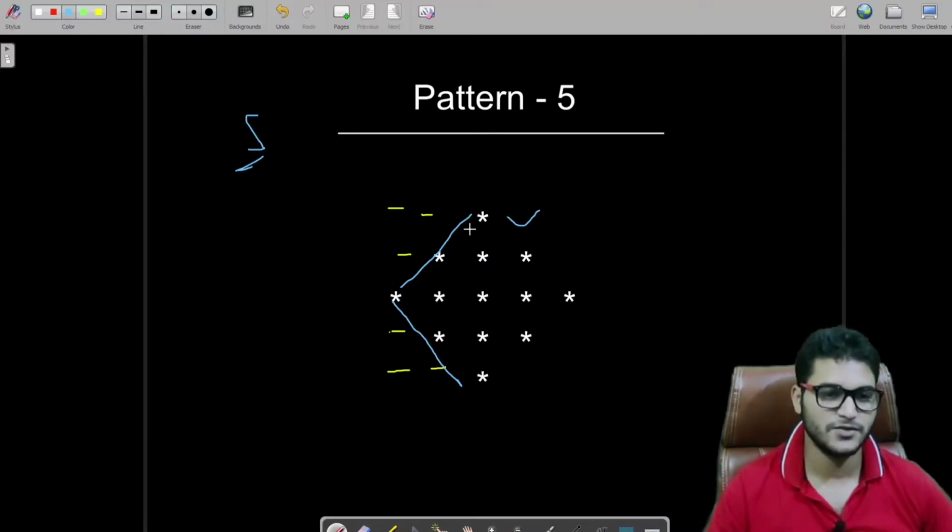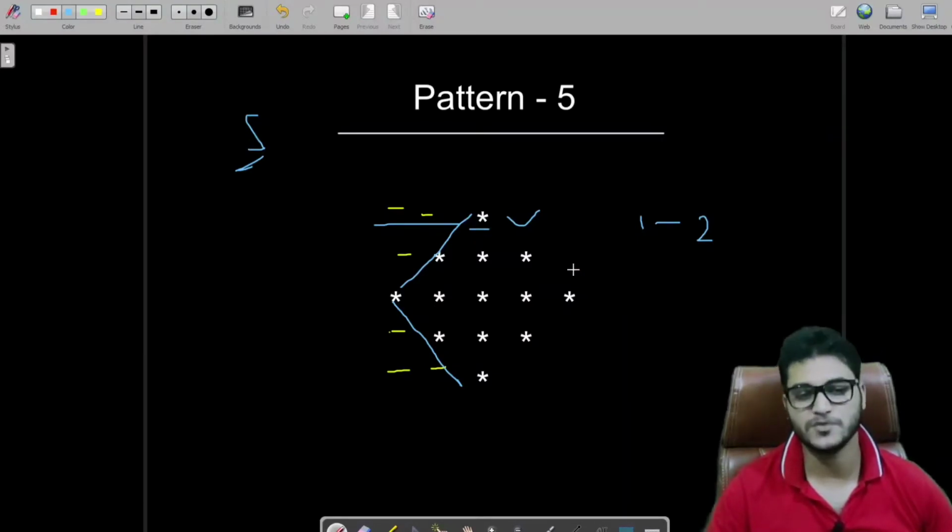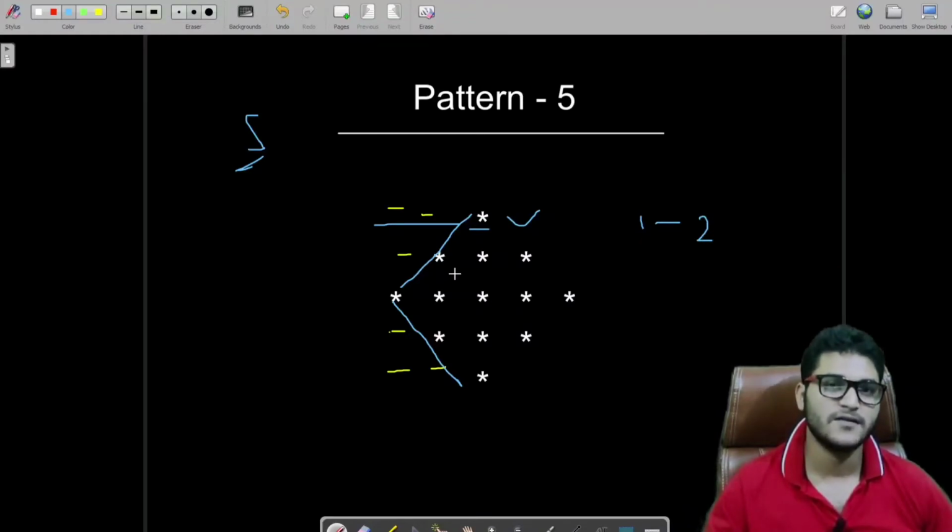In our first row we have 1 star and 2 spaces, nothing much. And in the second row, how many spaces do we have? Now the things are changing. Previously we were increasing our stars by 1 and decreasing our spaces by 1. So here things are different.